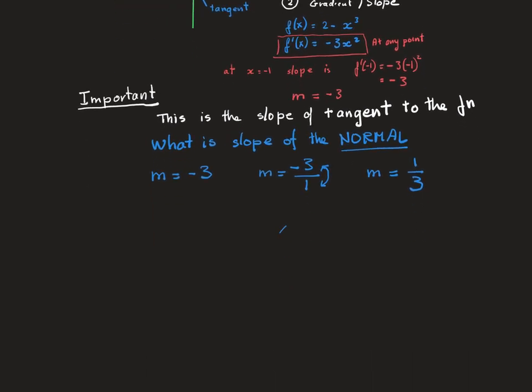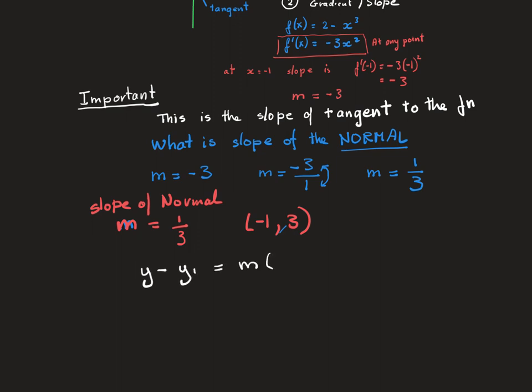So now we can say that our new slope, the slope of the normal, is equal to 1/3. We already know what the coordinates are. The coordinates are (-1, 3), and substituting all this into our equation, y minus y1 equals m times (x minus x1),